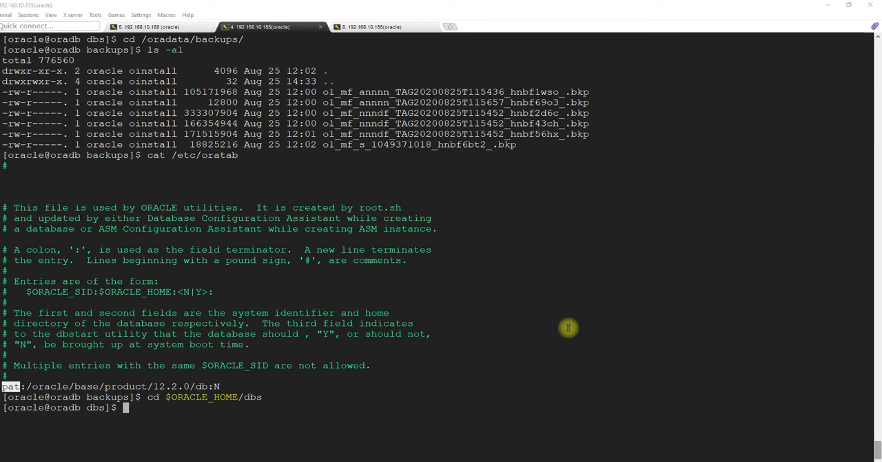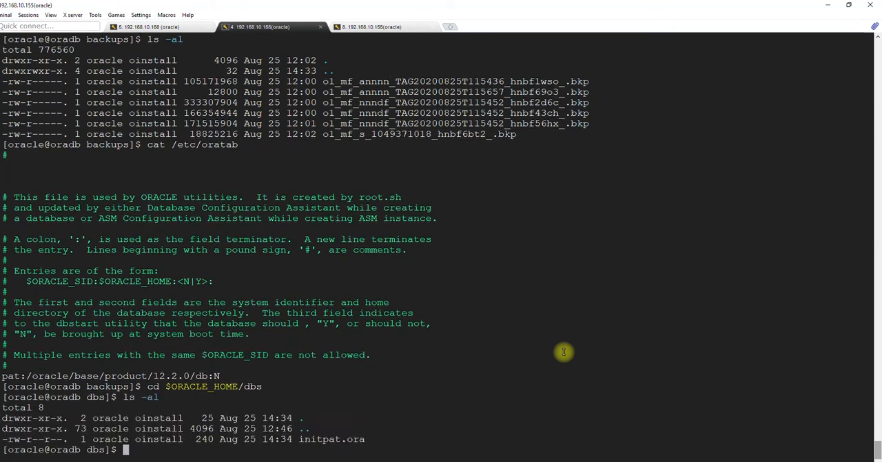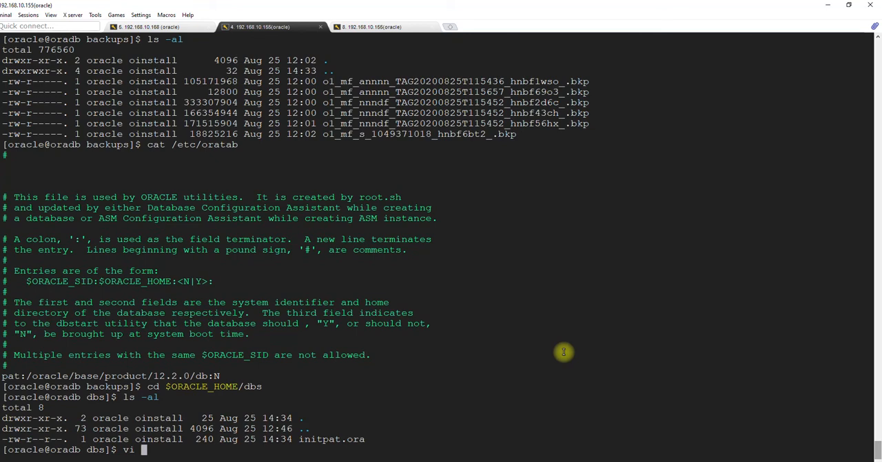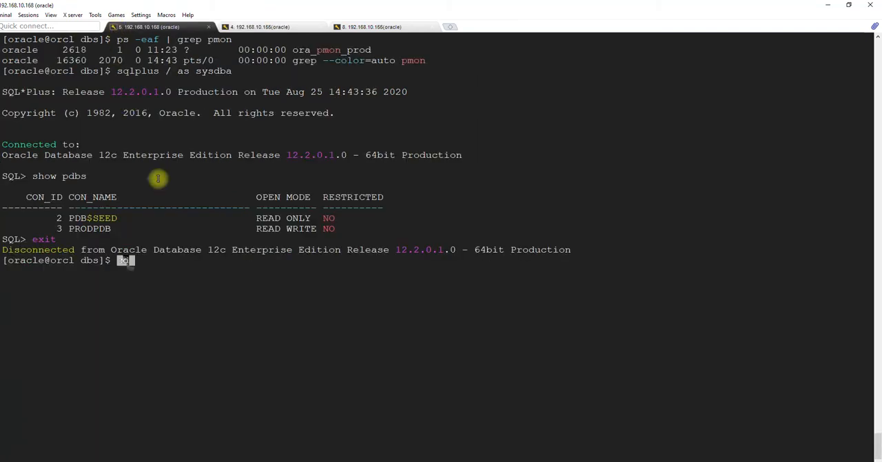Okay, so we navigated to DBS. Let's list it. Okay, let's vi. In case you do not have any files available here, what you need to do is go to the primary server, go to the DBS location. You will see the